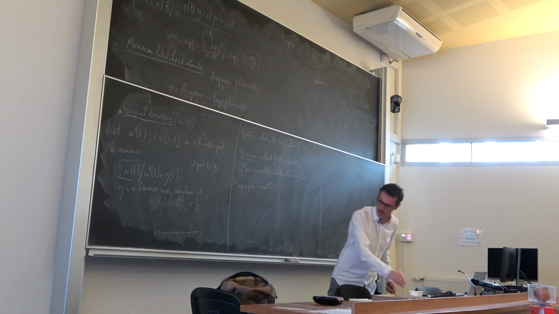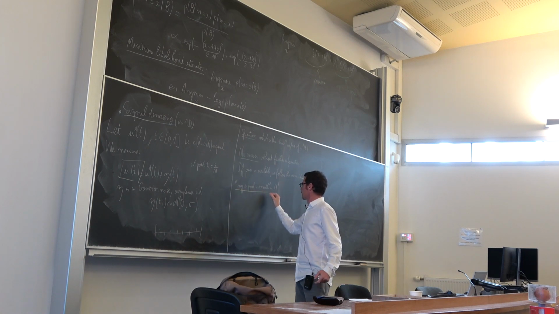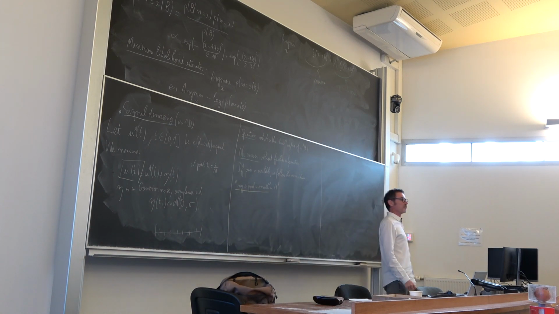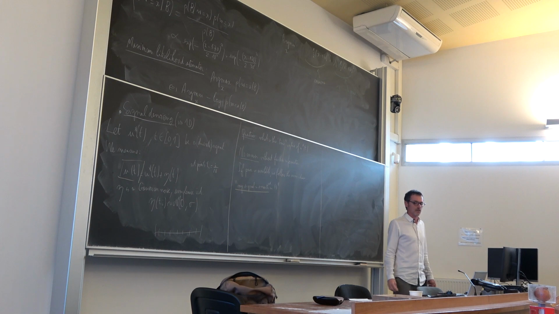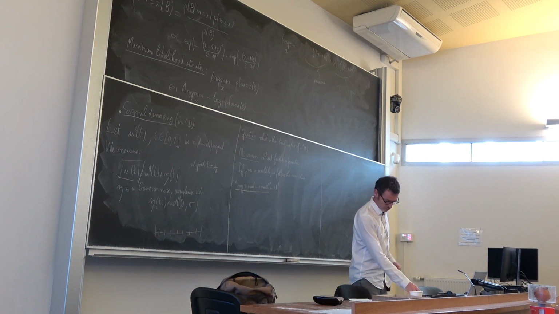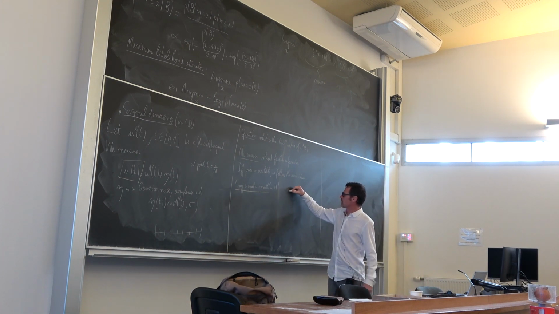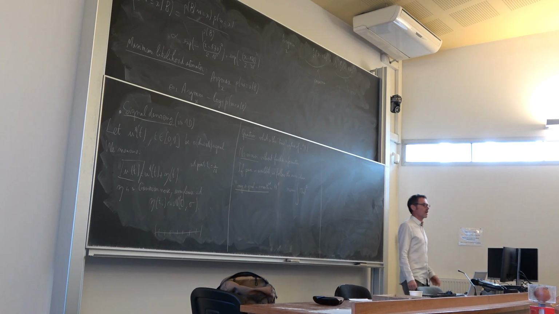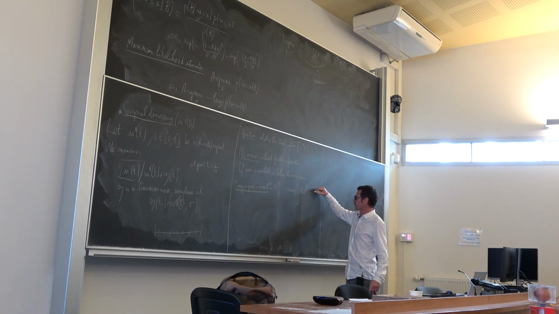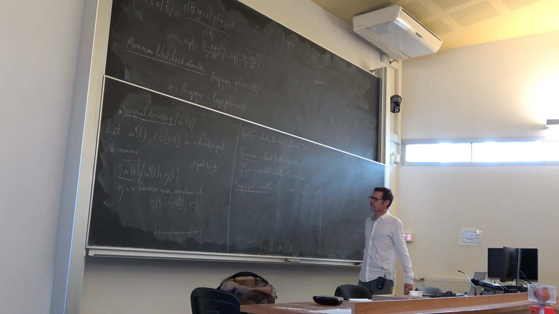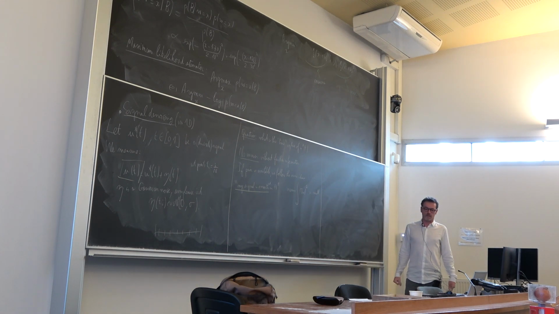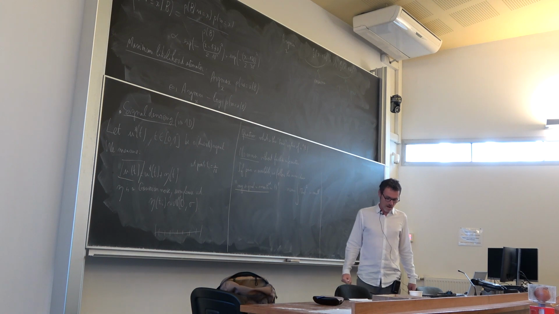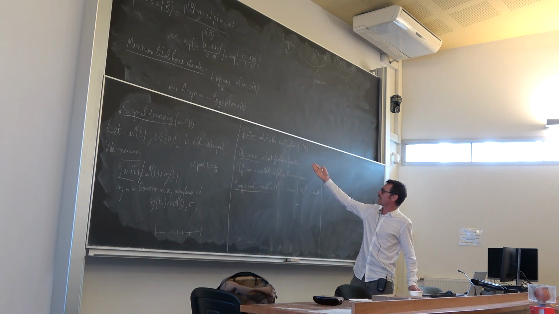So the first prior is to say my signal is smooth in H1. In other words, I assume that the integral of the H1 semi-norm of my gradient is small. So what do I do? I want the signal that I can,